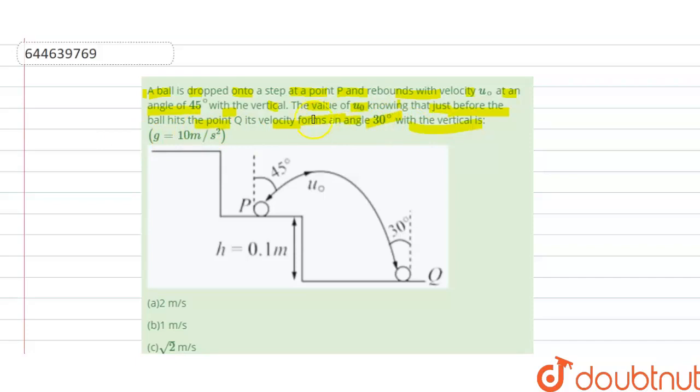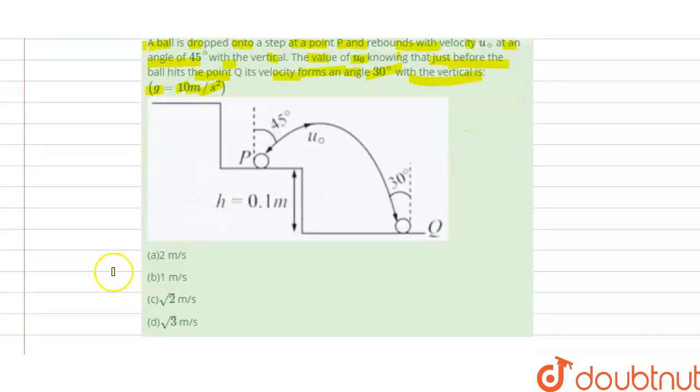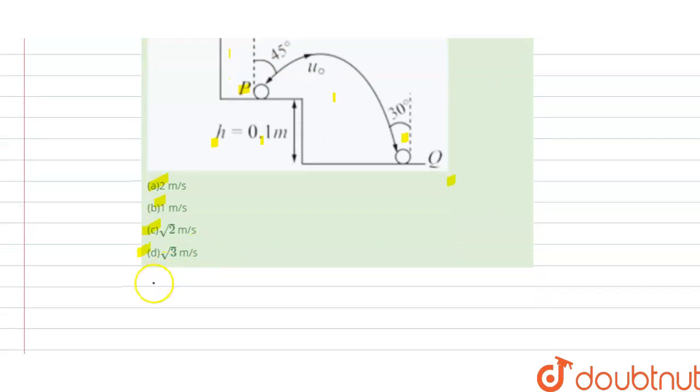So we have to find the velocity which forms a 30 degree angle with the vertical here, and g, the acceleration due to gravity, is given as 10 meter per second square, and options A, B, C, D are given here. So we have to find which option is correct. And the height is 0.1 meter. This is point P, this is Q, and here is the angle 30 degrees, and this is the velocity in this direction. So the solution of this question is